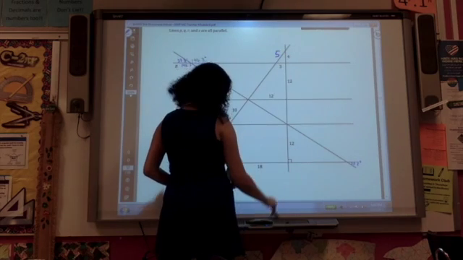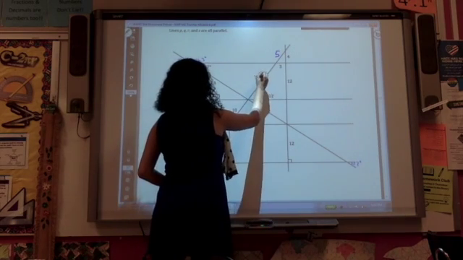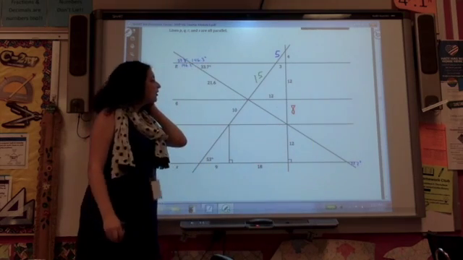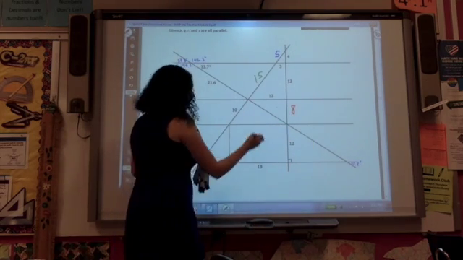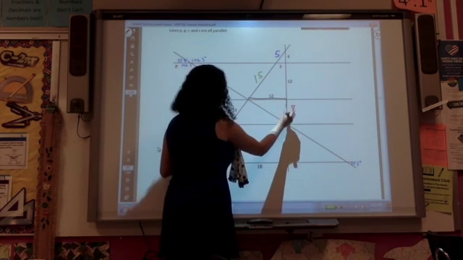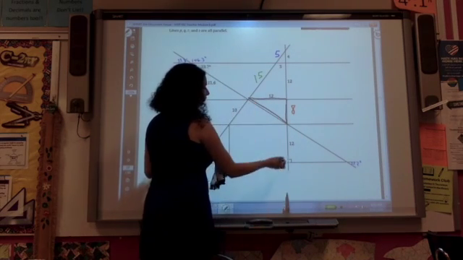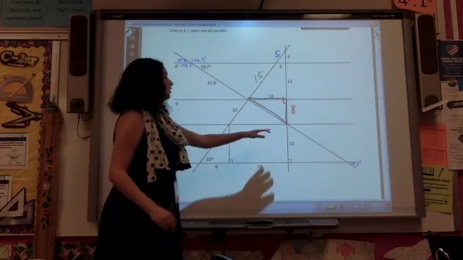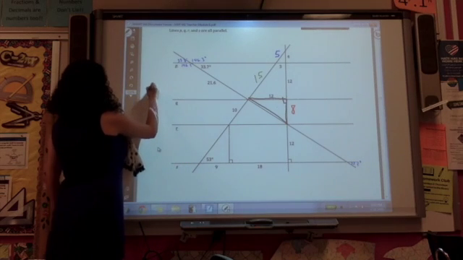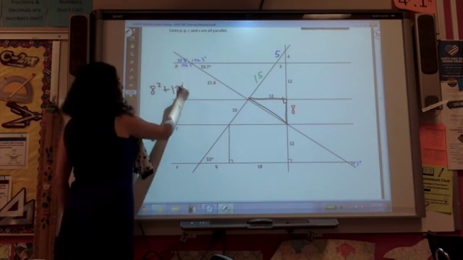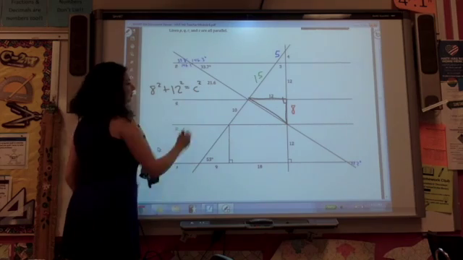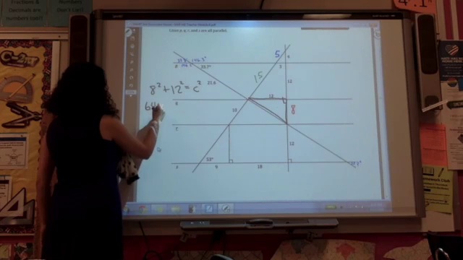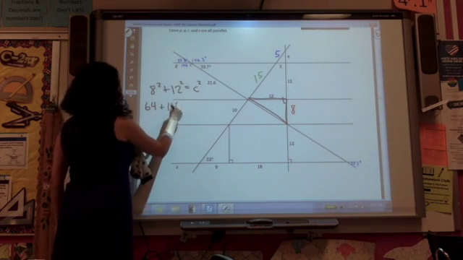This was 5, this was 15, and this was 8. So now I can take a look at this black triangle. From corresponding angles, I know that I'm still working with the right triangle. So I can say 8 squared plus 12 squared equals c squared, where c is my hypotenuse. 8 squared is 64, 12 squared is 144,